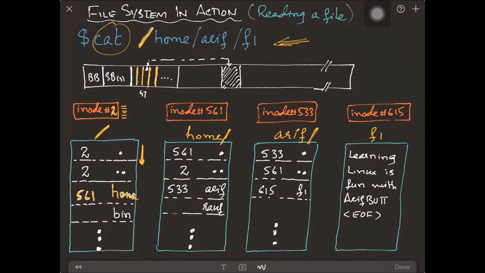Then the cat program opens the directory 561, and before opening it, it searches for the inode number 561 and sees the inode block of this inode and checks whether the cat program has permission to read the home directory. If it has permission to read the home directory, it searches this directory